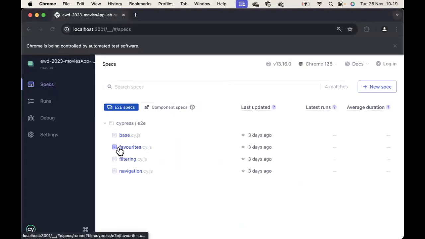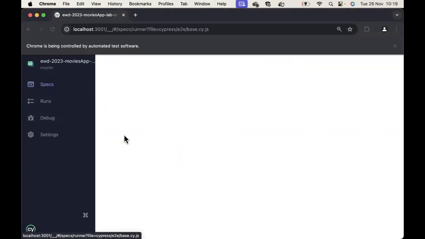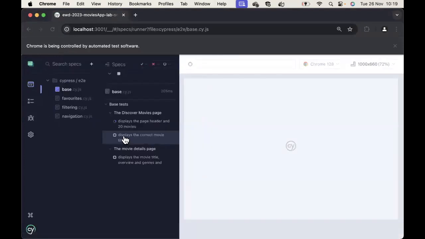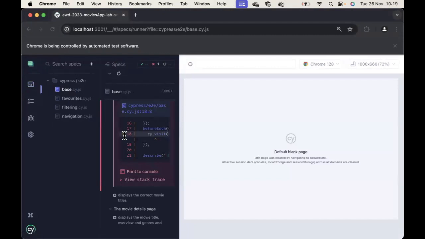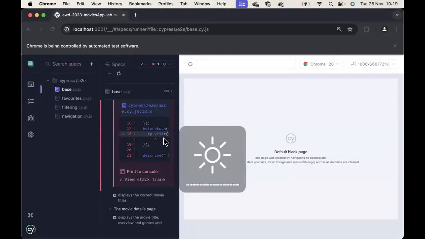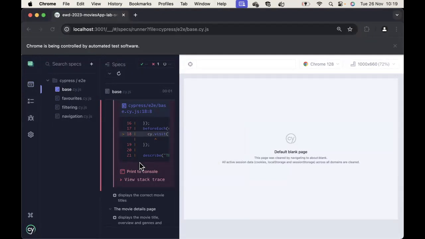And I'll just run the base tests. Then I'm getting a red bar. And if we look at the detail of why it's complaining, you can find it inside here. It's essentially getting a 404 response when it tries to execute the visit,